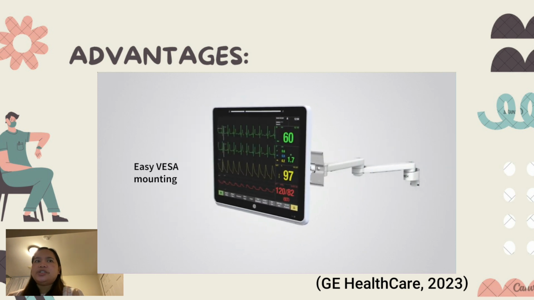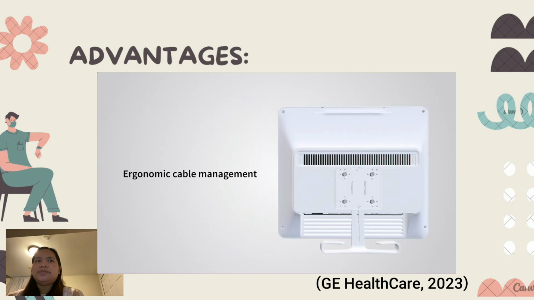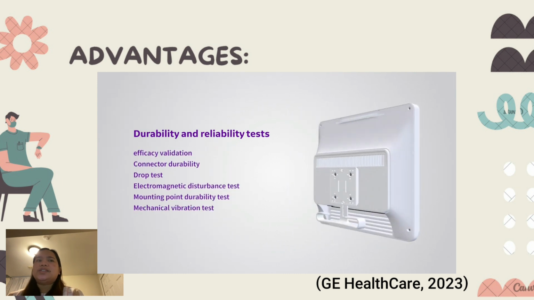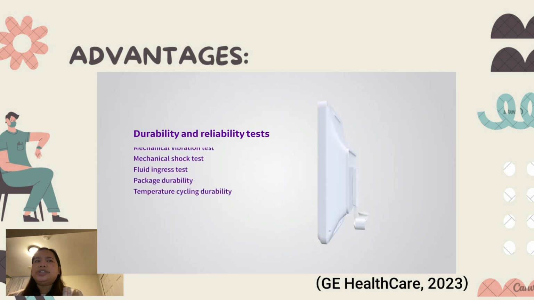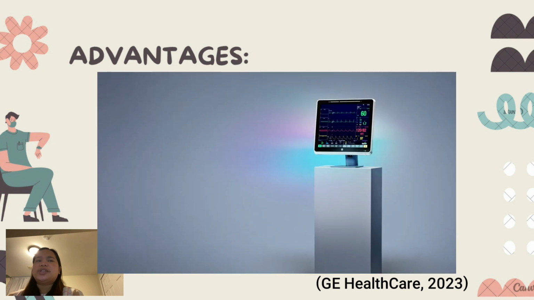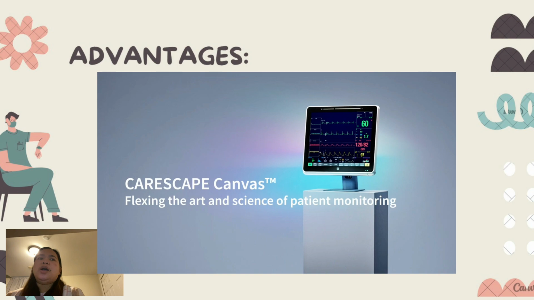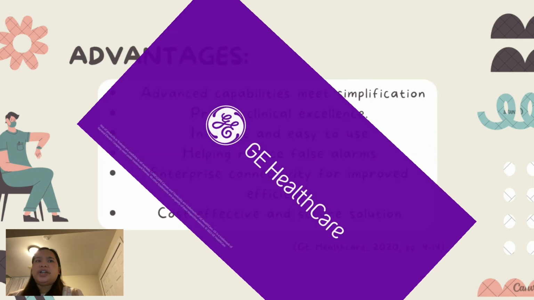Next is the intuitive and easy to use. 93% agree that GE's implementation of touchscreen sensitivity makes the system rapid to use, and it also is 24% easier to learn and familiarize in simulated use testing. Next is helping reduce false alarms. CARESCAPE monitors integrate with alarm